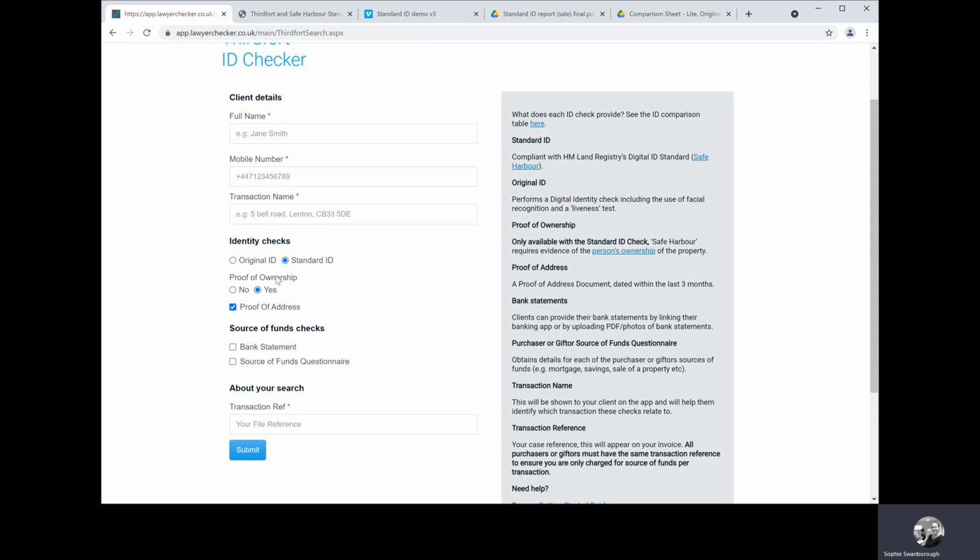So you've got whatever you need, whether it's just an ID for a sale, or ID and source of funds, you can click on any of those. The difference being for the source of funds questionnaire is giftor or purchaser. That's the choice between those two. If you only need ID, then it is literally whether it's a sale or purchase as to whether you need that proof of ownership, but you want to have that standard ID check ticked for as many transactions as you can,